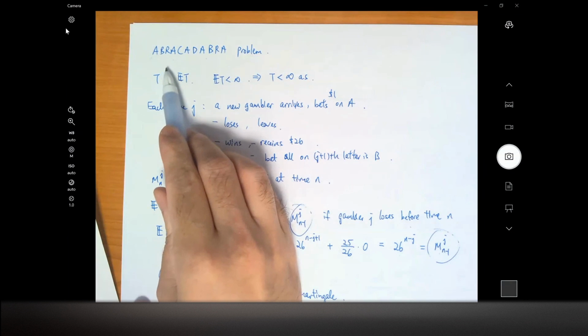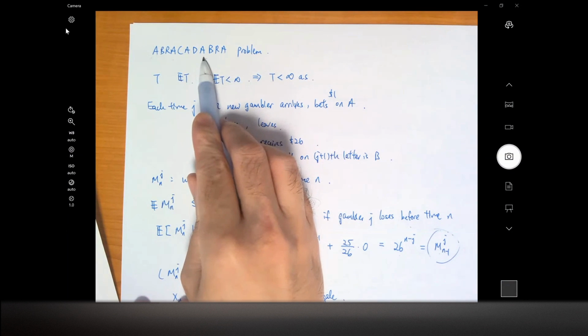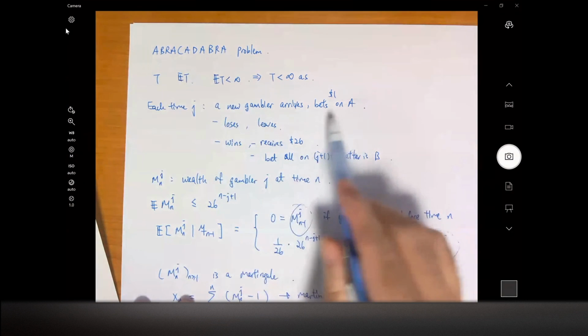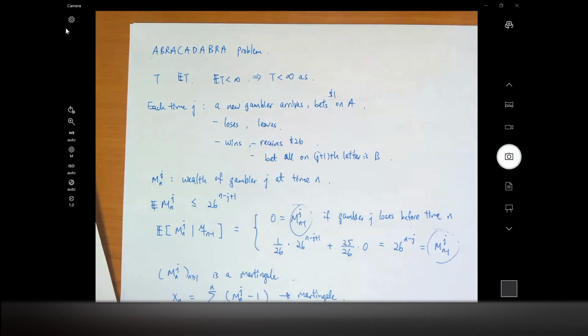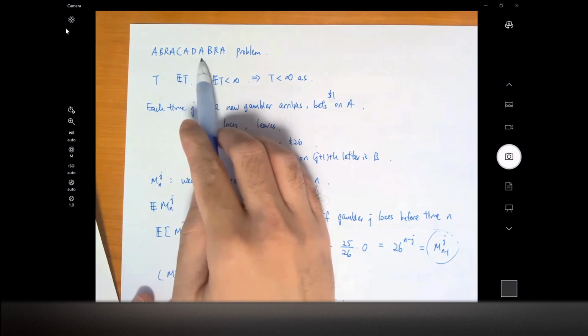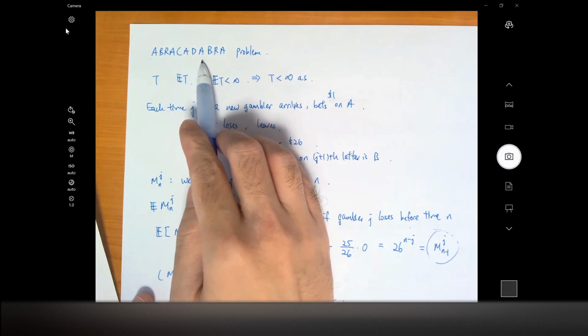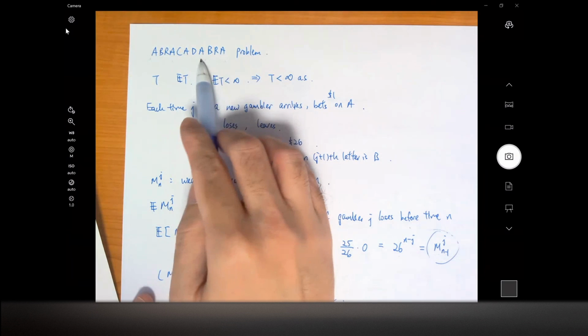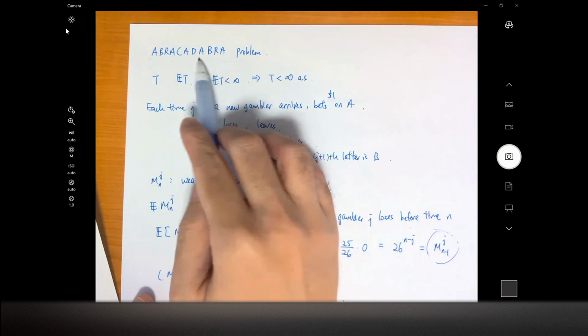plus, let's say you have another gambler that comes in at this time, and he bets the same sequence. Remember, your gambler is always betting abracadabra. He's always betting the same sequence, A, B, R, A. So if I have a gambler that comes in at this time and I bet A, B, R, A, then the maximum wealth